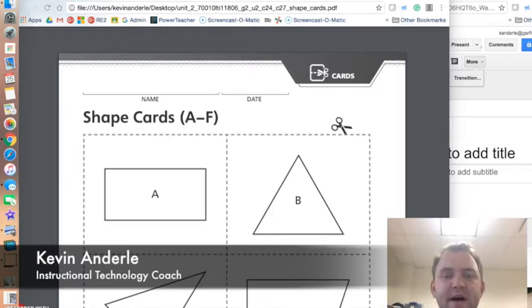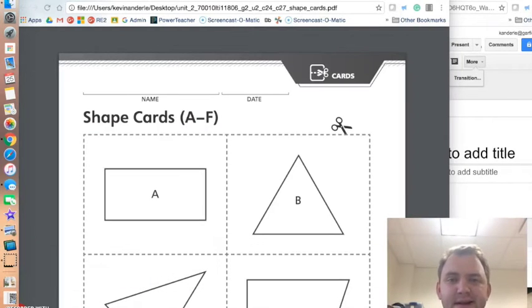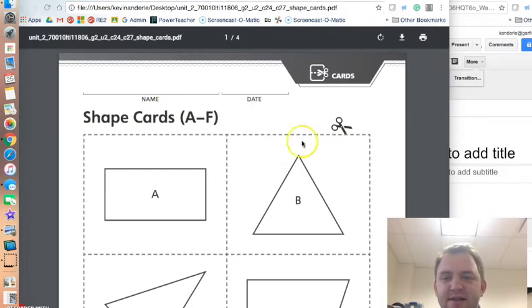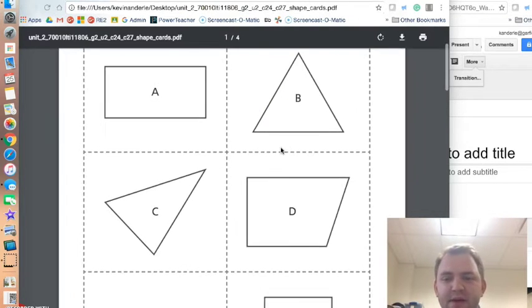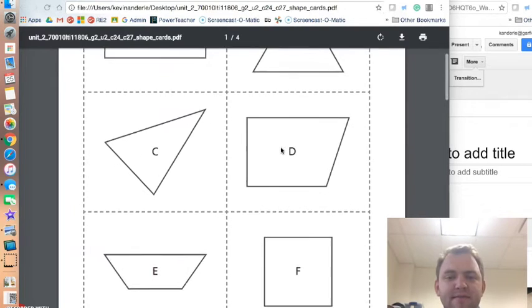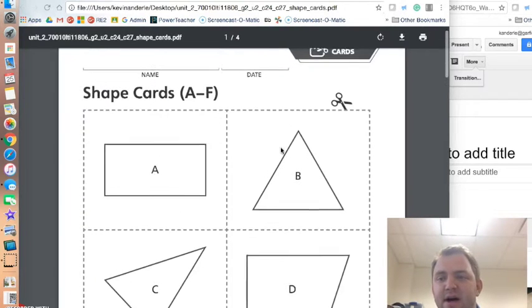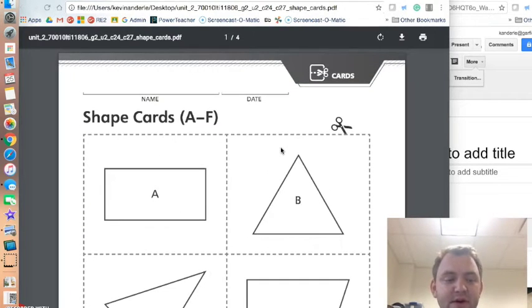Hey math teachers, this video is designed to save you some headaches when it comes to cutting out shapes in your math workbooks. I've heard from a lot of you that these cutout sheets like you see here can be pretty time consuming and just kind of make a mess of things. And so in this clip, what I'm going to show you is a way that you can potentially alleviate